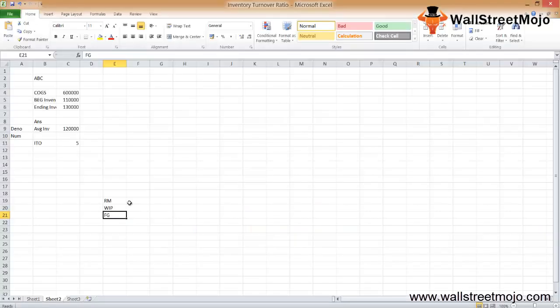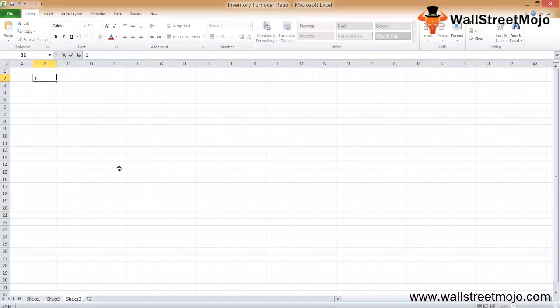Now let's go to the explanation portion of the inventory turnover ratio. There are 2 significant components of the ratio. The first component is the cost of goods sold. If we look into the income statement, that is the P&L, the profit and loss of the company,